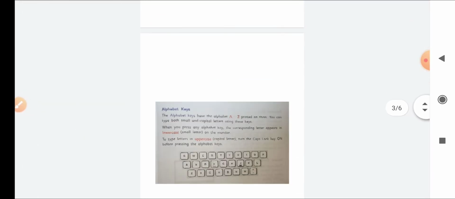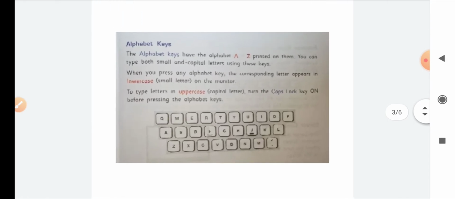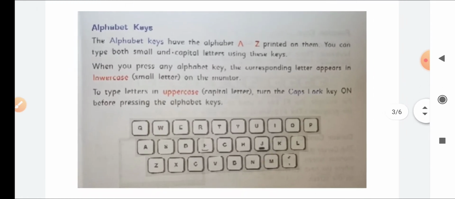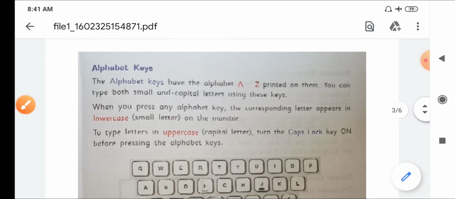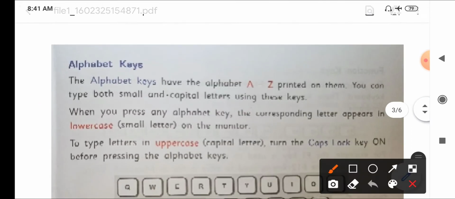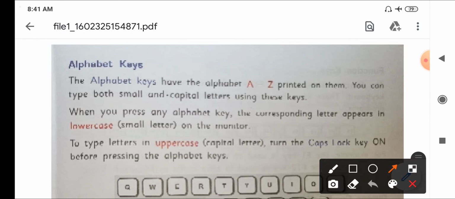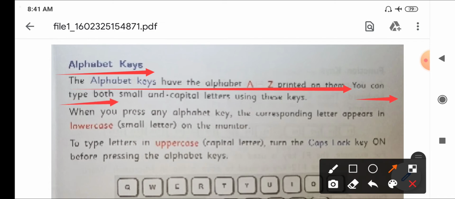You can see page number 15 of your textbook. Here are some alphabet keys. The alphabet keys have the alphabet A to Z printed on them. You can type both small and capital letters using these keys.